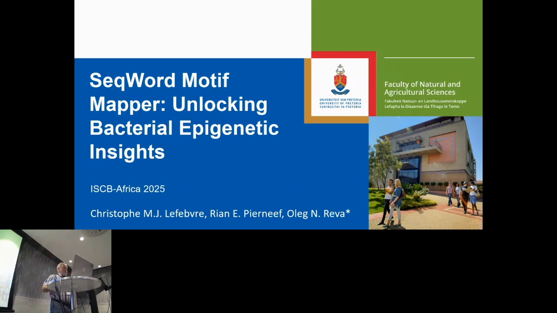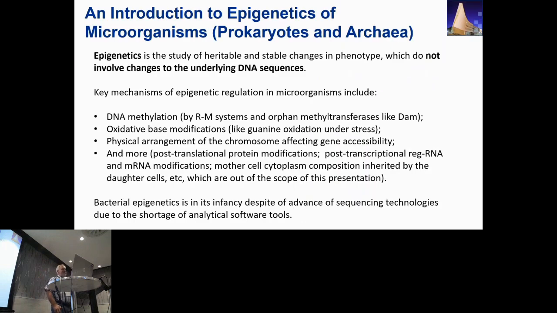I want to present you our new software tool, SeqWord Motif Mapper, to analyze bacterial epigenetic modifications. What is included in epigenetic modifications? Epigenetics is basically the study of heritable and stable changes in phenotype which do not involve changes to the underlying DNA sequences. First, which comes to mind is, of course, DNA methylation, which is common for eukaryotes